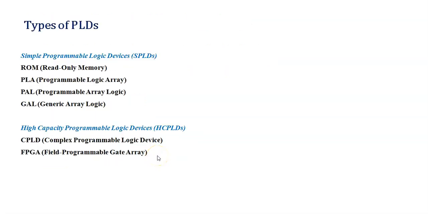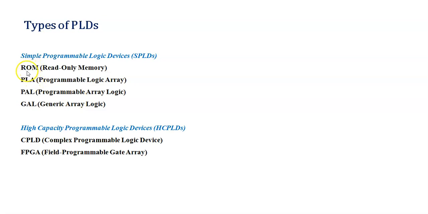Now, types of PLDs. Depending upon the complex logic implementation, whether you need to implement smaller logic or complex logic, you can go ahead with the different types of PLD. Definitely over here you are having programmable devices, that is an array of AND gates, OR gates, muxes, and flip-flops. So depending upon the logic you need to implement, the things will be different.